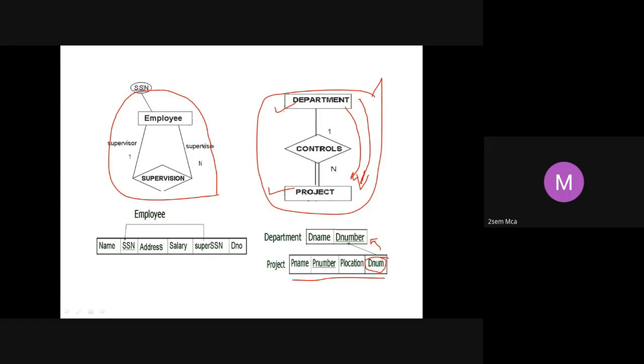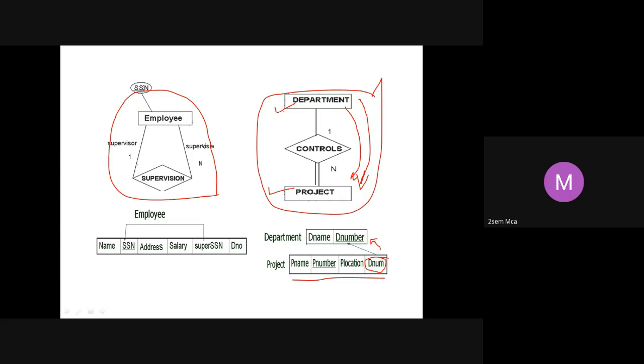Supervision is a recursive relationship. What is a recursive relationship? When the same entity participates in two different roles in the relationship, then you call it a recursive relationship. Which is the entity participating in the relationship here? It is employee. Employee itself is participating 2 times.